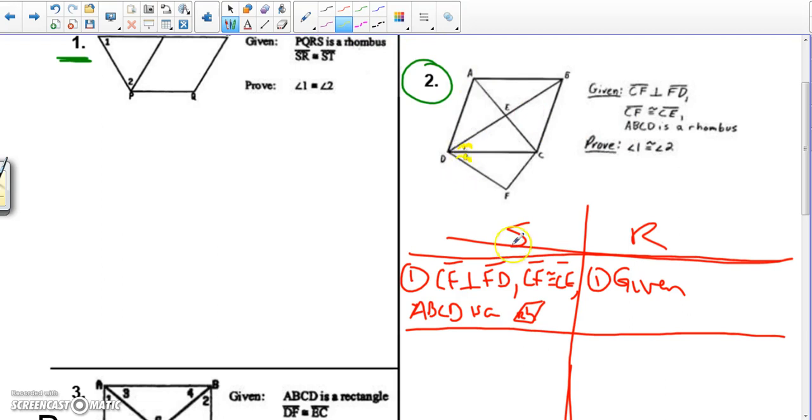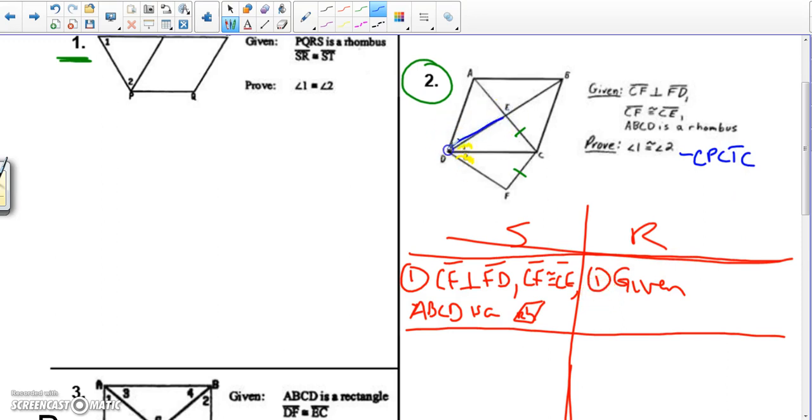We're trying to prove angle 1 is congruent to angle 2. So I shade those in so we have a goal in mind. All right? We know one thing for a fact, that CF and CE are congruent, and we have those other couple of pieces of information. So what I see here, just by looking at this picture, we want to prove these two angles 1 and 2 are congruent. That looks like a really good case for CPCTC,